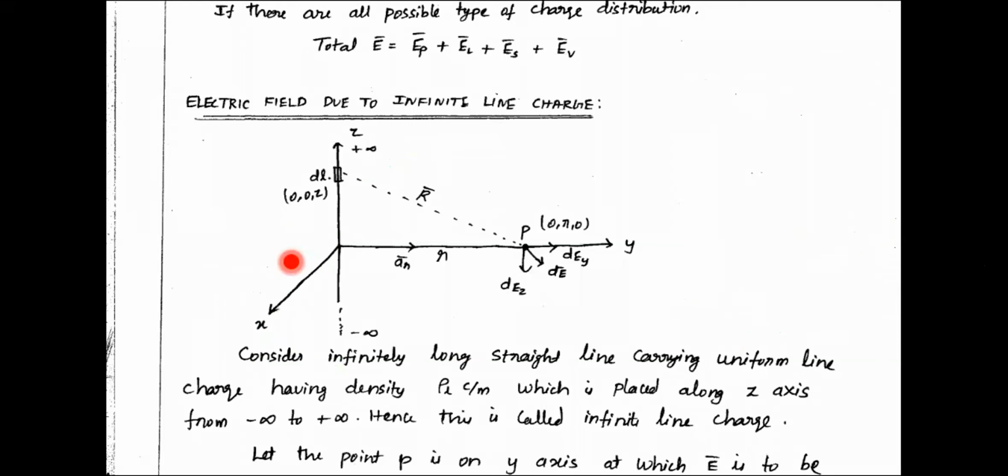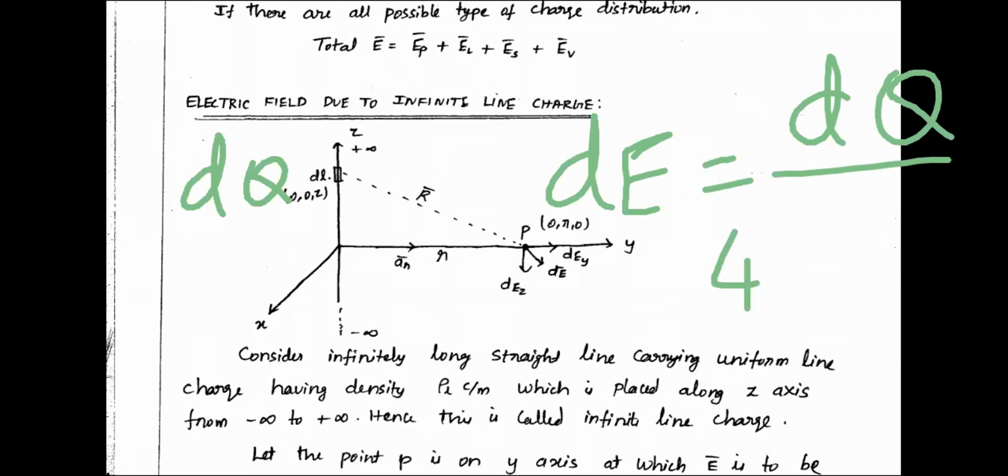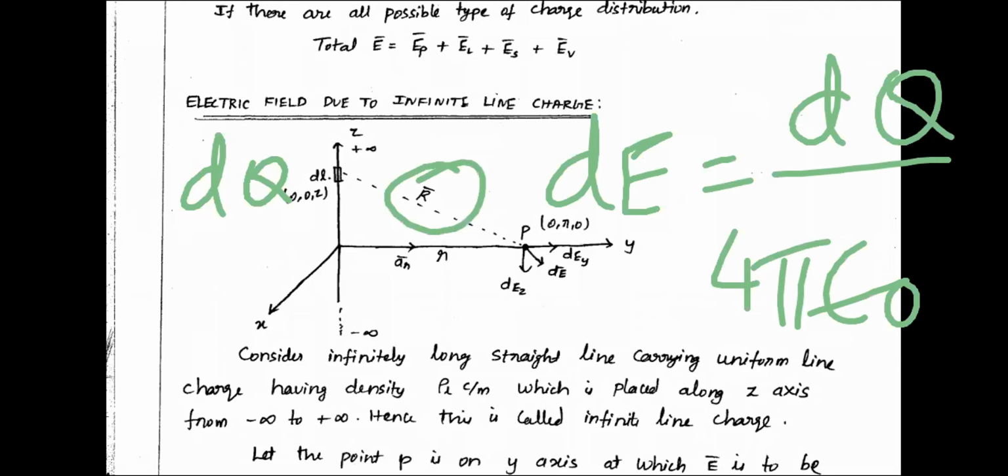Now you know from your understanding, I am having a point charge of dq, then what will be my electric field? My electric field will be dE due to the point charge dq, 4 pi epsilon naught r square. So which r do I have to take? This r, because this is my point charge and this is my observation point. Whenever you are dealing with the point charge and one observation point, you have to take that length only.